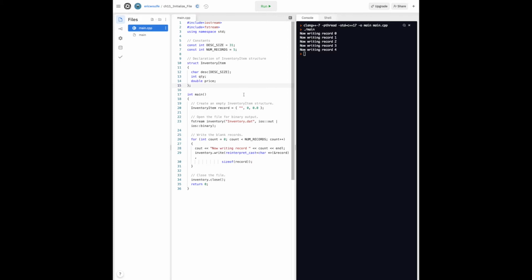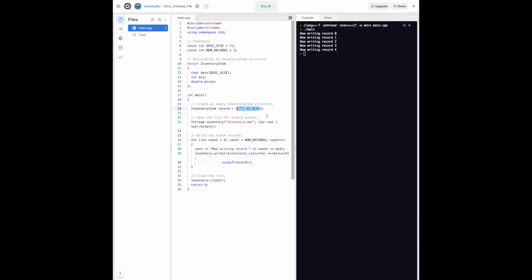You'll remember from previous code samples that when we looked at some of those data files, they had garbage in there, and we don't want garbage in there. So what this is aiming to do is we've got a structure called an inventory item, and it has these three members: a description, a quantity, and a price. Here, when I am creating my record, of type inventory item, which again is my structure, you'll notice that they are empty for the time being. So I have an empty string, a 0, and a 0.0,